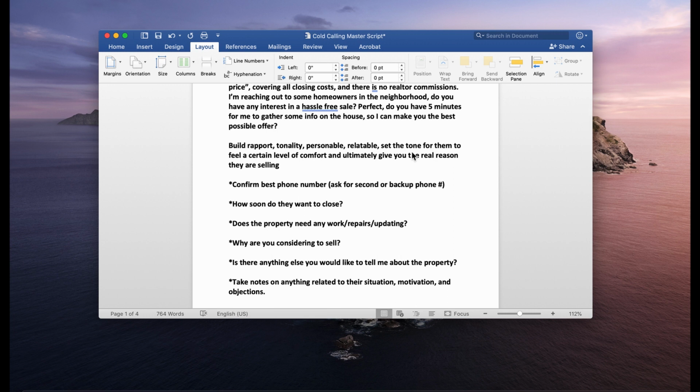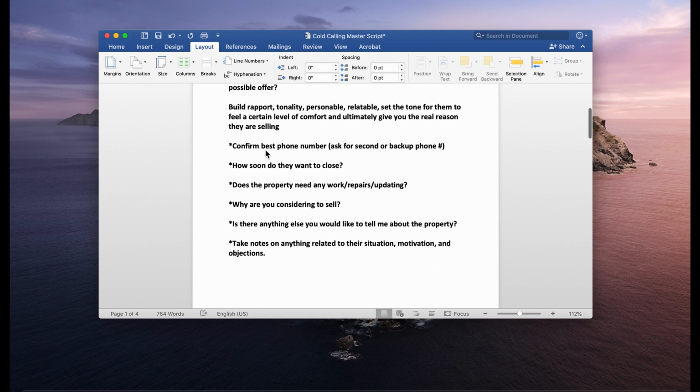Use tonality. If they're talking fast, talk fast like them. Mimic how they are speaking to you as well. People like themselves, so we need to remember that. If they talk really slow and thoughtful, be a little bit slower in speaking and a little bit more methodical. So follow how they are speaking to you. Now, keep in mind you are also leading the conversation, okay? So I'm not in any way saying let them run the conversation by how they speak. No, you're still leading the conversation, but you're going to match their tone, match their energy,